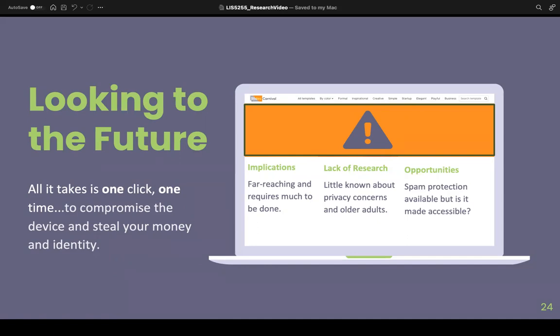It is disconcerting to realize how few studies there are that focus on this topic of older adults and cybersecurity. There is evidence to support the rapidly growing population of older adults as well as their usage of technology. Yet even with these statistics, there is still little known about their online privacy concerns and cybersecurity awareness. The challenge at hand is the lack of internet literacy older adults have in knowing how to adjust privacy settings. This puts them at a greater risk for spam attacks and ultimately makes the spam protectors of no use.